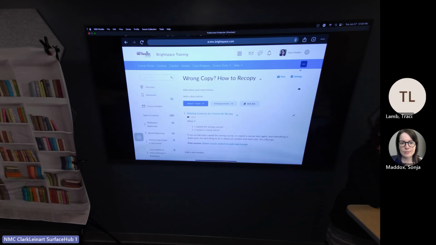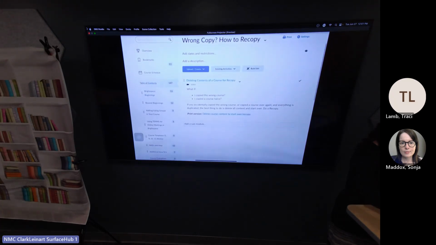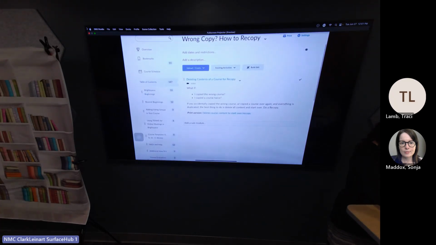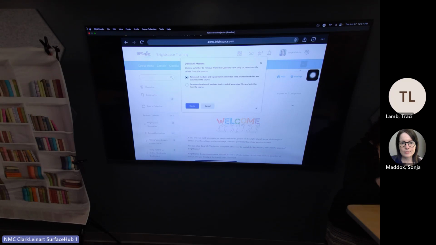If you're not comfortable doing this, just let me know and I will do it for you. Go to your content page and click on the table of contents. Then right next to the actual table of contents, drop down and click on delete all modules, and you can empty it all out and start over fresh.